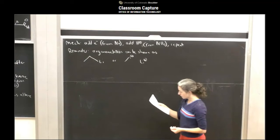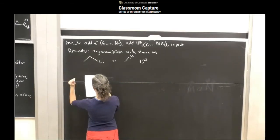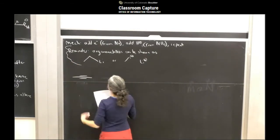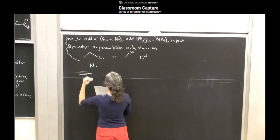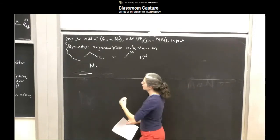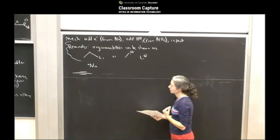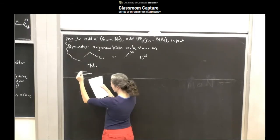Okay, so the mechanism for this is, let's say we're using this again. I'm just kind of drawing a bracket around that thing. All right. So remember that sodium metal, not sodium salt like we're used to seeing it as an Na+, straight up sodium metal in its neutral form, based on where it is on the periodic table, has a single electron on it. And so what we're going to show is this thing